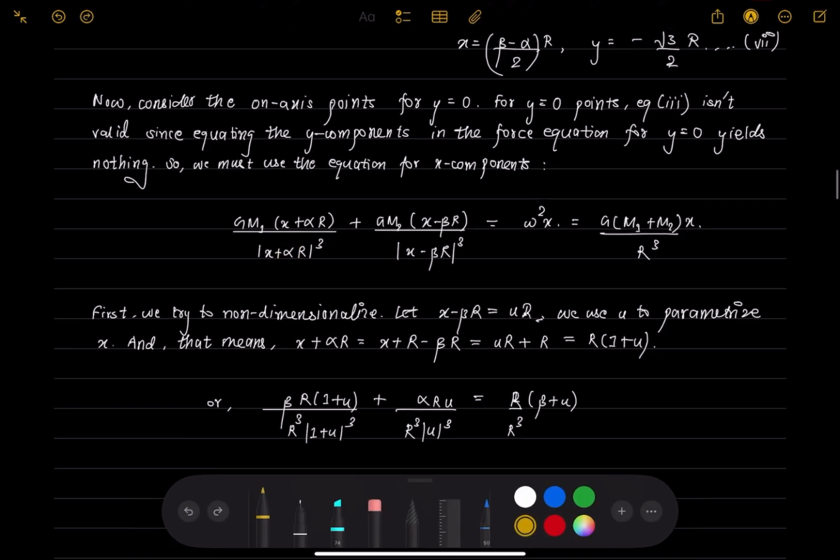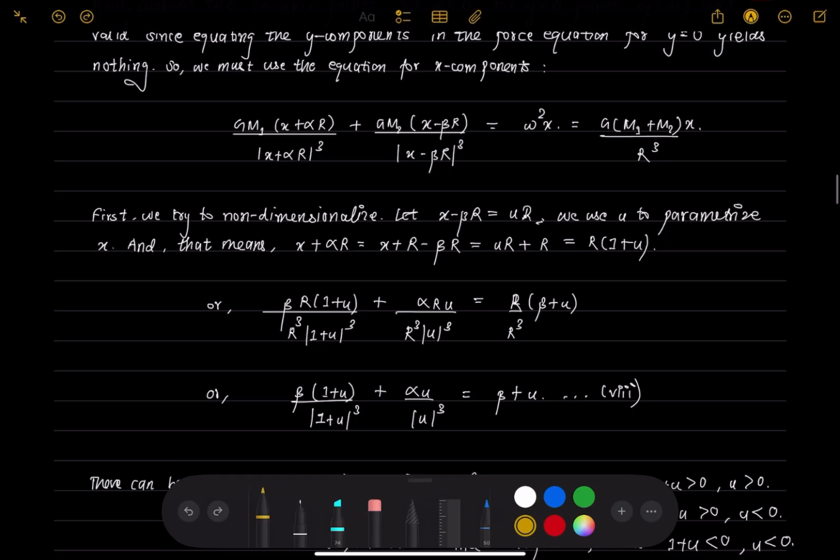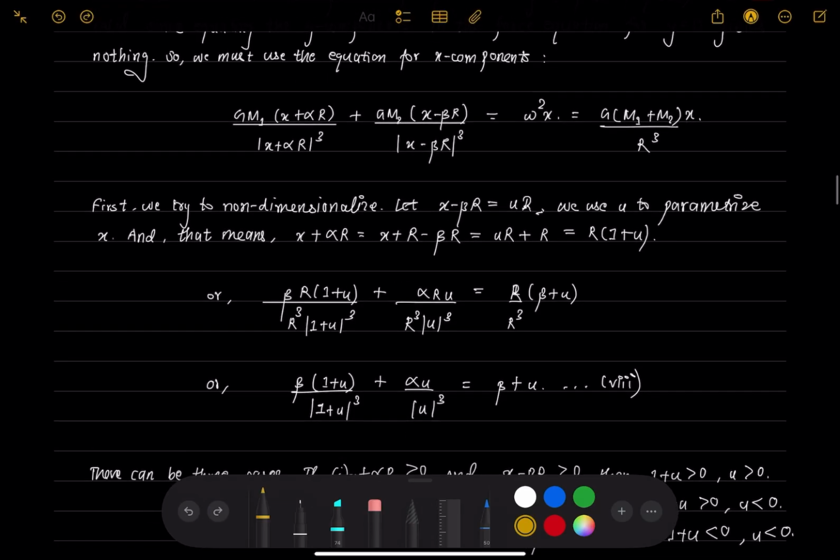So let's try non-dimensionalizing everything. Let's say that this particular thing is a particular scaled factor of r. x minus beta r is u times r, where u is a variable we've chosen that parametrizes x. Because if we choose x minus beta r to be a certain scaled version of r, we can non-dimensionalize this equation as we'll see below. So once that non-dimensionalization is done,